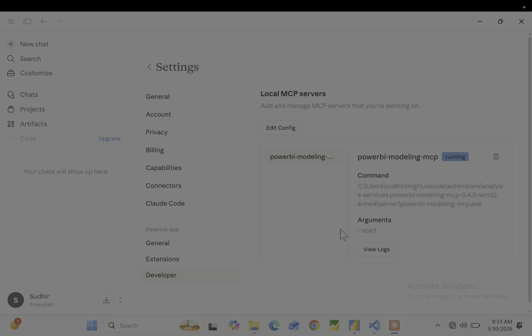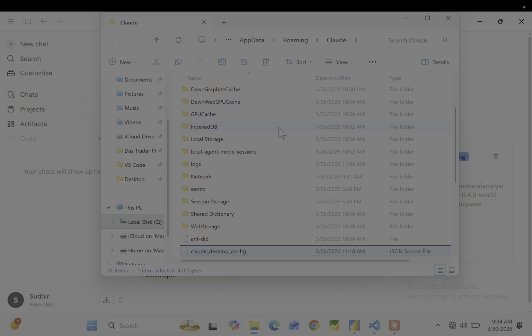Right now my MCP server is already set up, so you can see it's running. But if you are doing it for the first time, you'll get an option to edit configuration. You click on that, and that will lead to